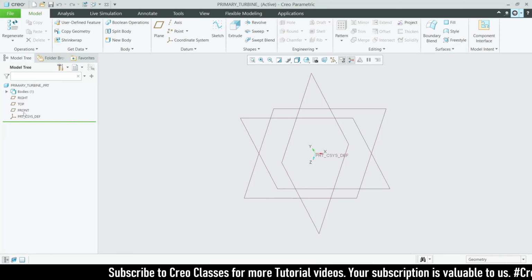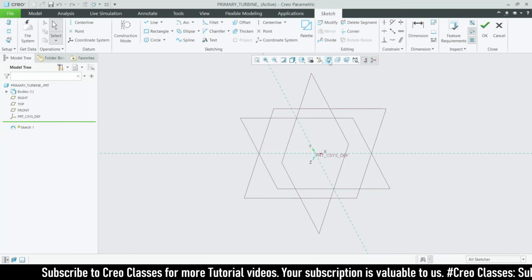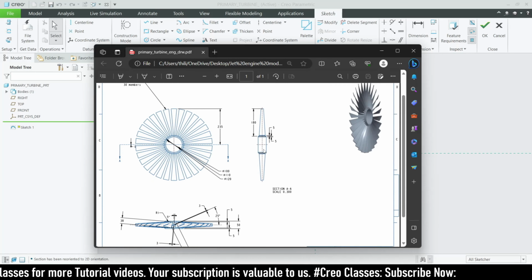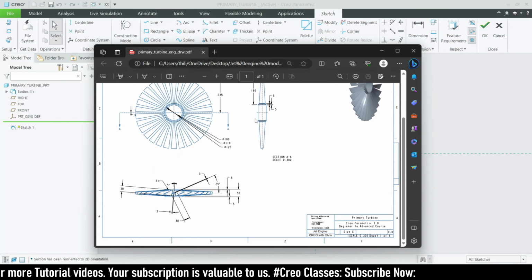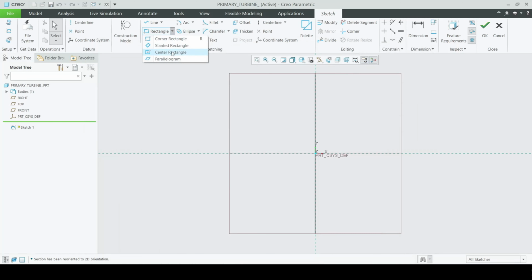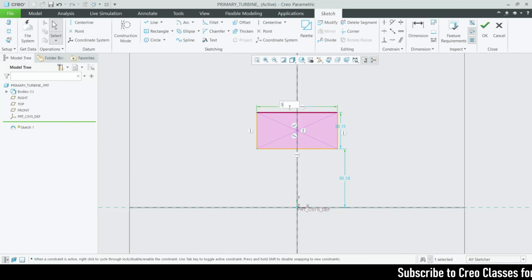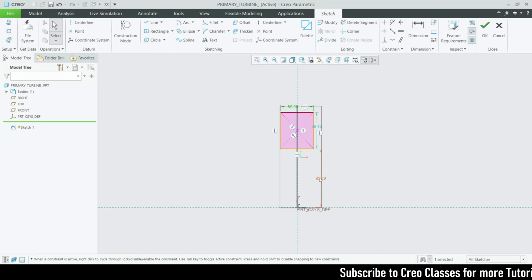Okay, so I'm going to sketch on the front plane. Go for the sketch view. So here at first I'm going to create this feature here. Yeah, this feature here. This height will be this inner dia of 50. So the rectangle size will be 50, and then this total height will be 50. Okay, so now let's go for the center rectangle here like this, and this distance will be 50, and this distance will be 50, and